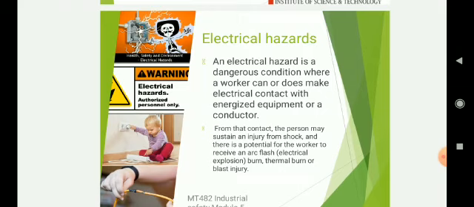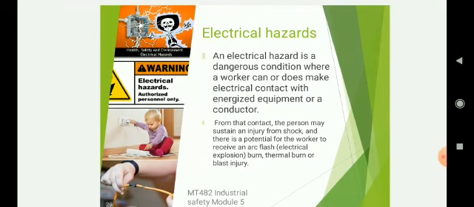Before knowing about the list of different hazards, we should know what an electrical hazard is, because there are a lot of hazards, such as chemical hazards. Different types of hazards are there, which we have studied. So what do you mean by an electrical hazard? An electrical hazard is a dangerous condition where a worker can or does make electrical contact with energized equipment or